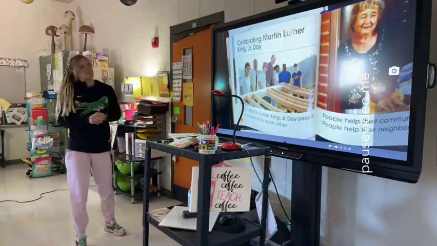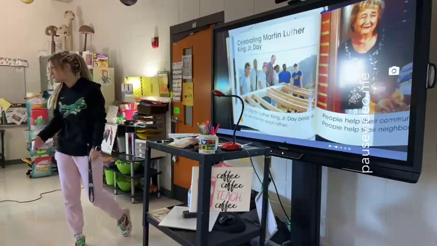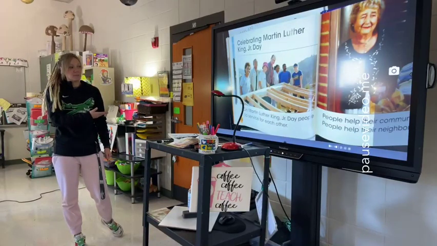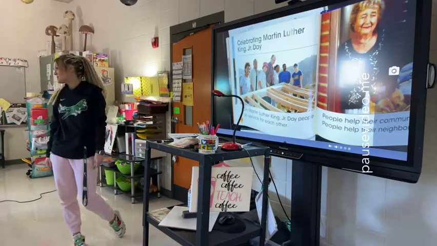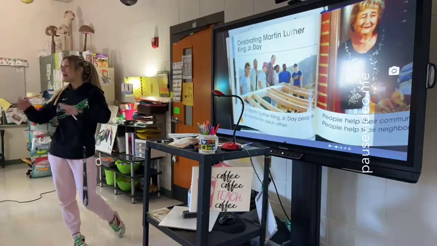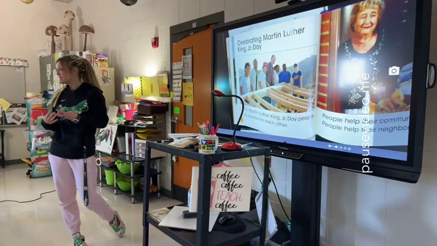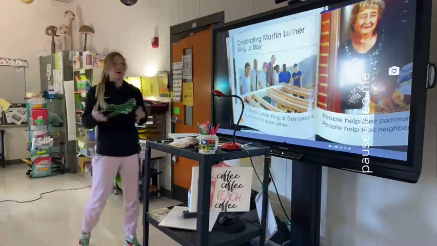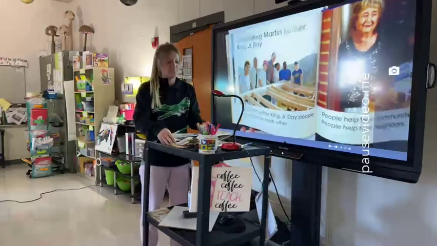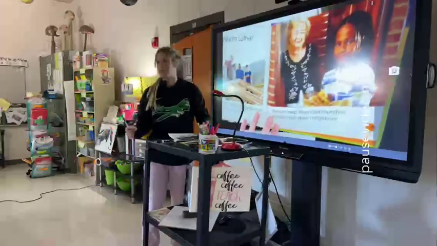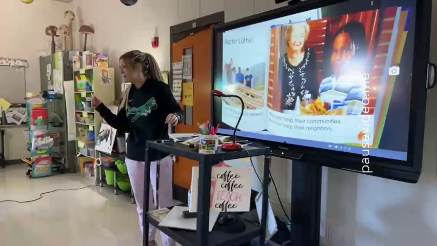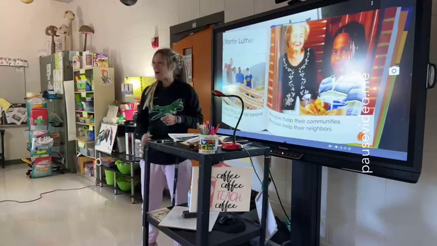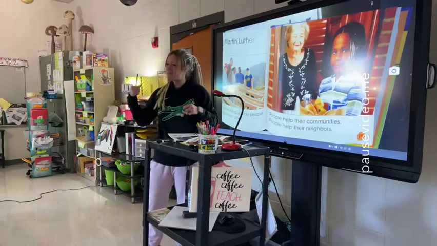So on Monday, when we're not here, this book talks about people doing service for each other. Just like Martin Luther King Jr. helped everybody in his community, we're supposed to help others in our community on this day. Like you all said, it might be snowing. Maybe y'all can go shovel some snow for some people, or go to a friend's house and get them to play with you.